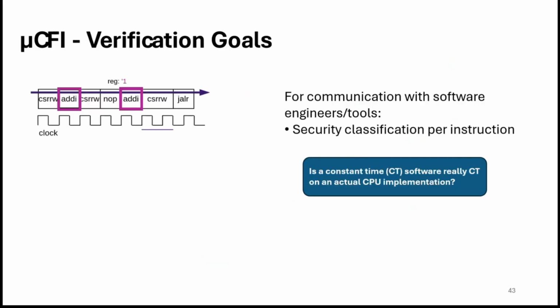The goal we want to achieve with this is to give a security classification per instruction type for a given CPU, telling you that if you never pass a secret to these instruction types, then the software will be secure. So you could take a program that is constant time, and with our security classification of instructions, know whether on a given CPU that program would actually be constant time. If we know the add is vulnerable, for example, then you should not pass a secret to the add, although normally that's a bug anyway.